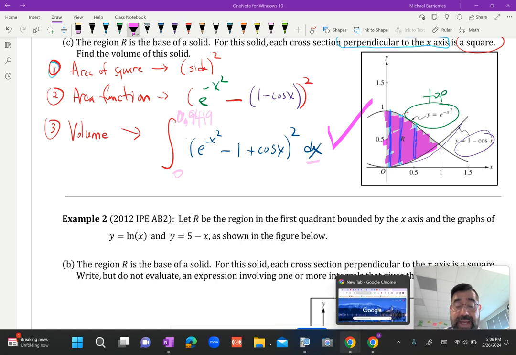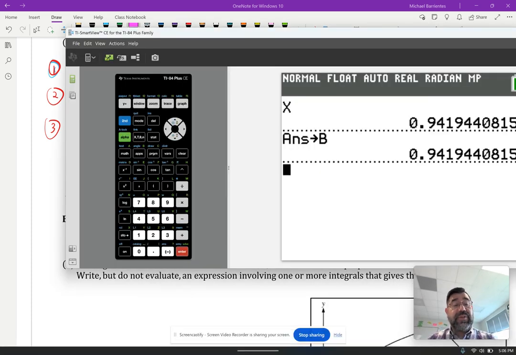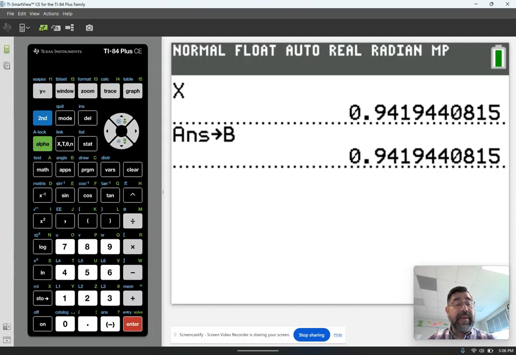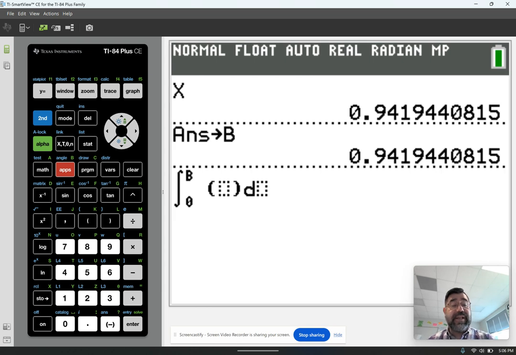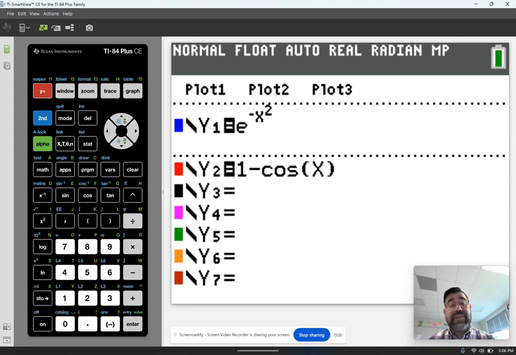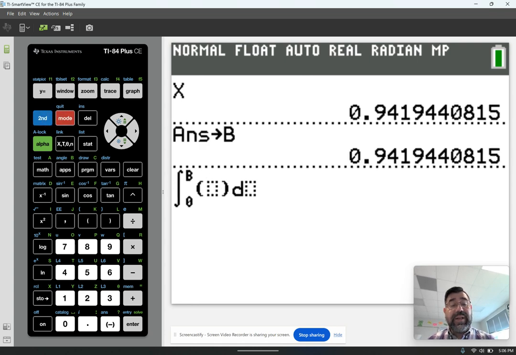I'm going to go back to my calculator, and let's do full screen here so you can see it a little bit better. Math 9 will do the integral. I'm going to start at 0 and go to B, because that's where I saved my intersection value that I found as my limit. Also, remember I saved my equations in y1 and y2, so why don't I just say